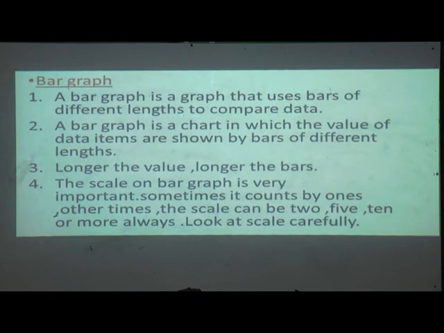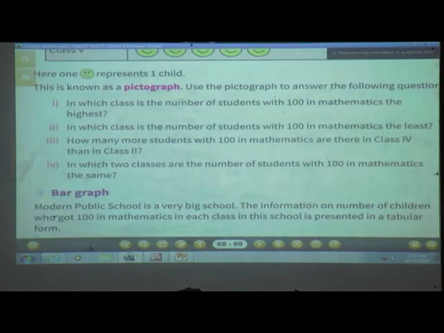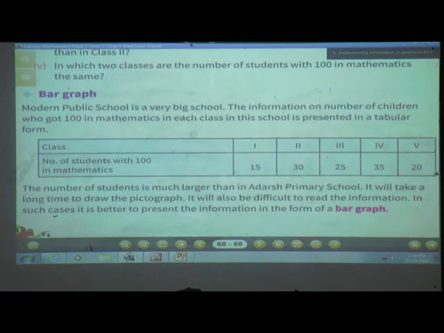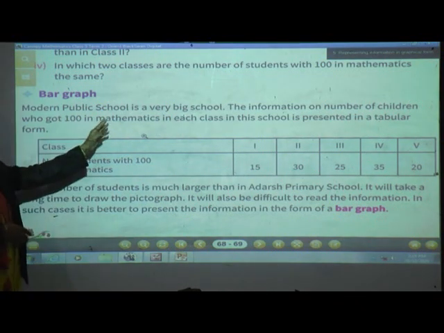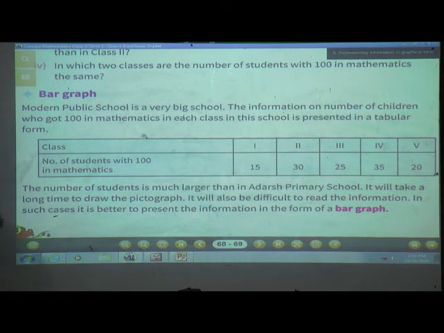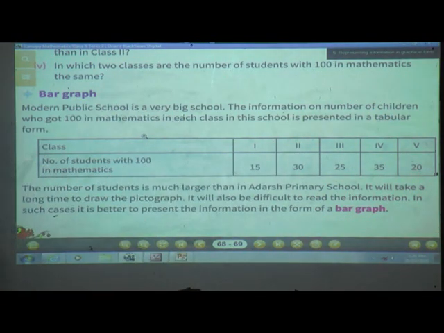Okay, so students, now we'll see the next type of graph, the bar graph. Before that, we'll just see page number 68. Here, see, bar graph. They have given information here. Modern Public School is a very big school. The information on the number of children who got 100 in mathematics in each class in this school is presented in a tabular form. Okay, see here class 1, 2, 3, 4, 5, and here the number of students with 100